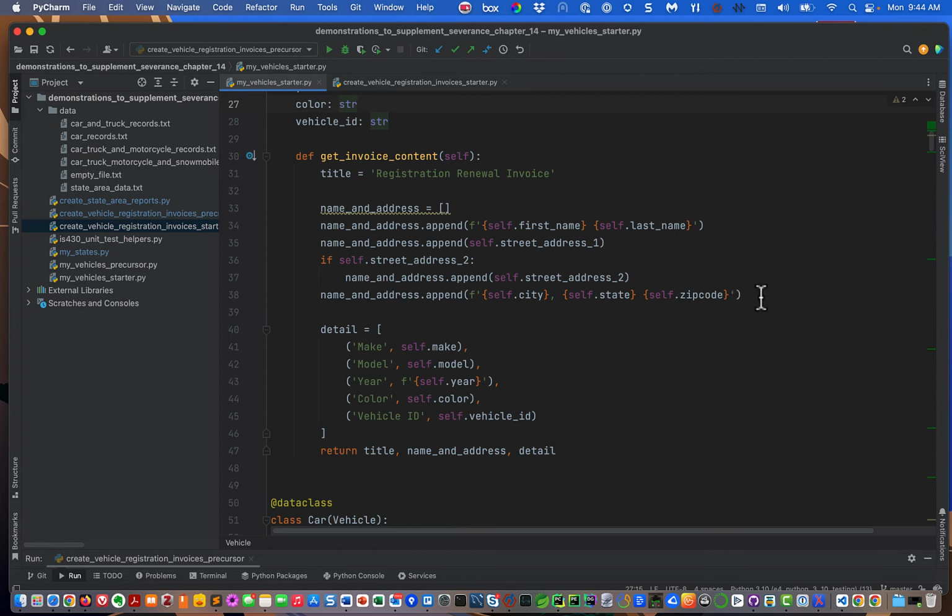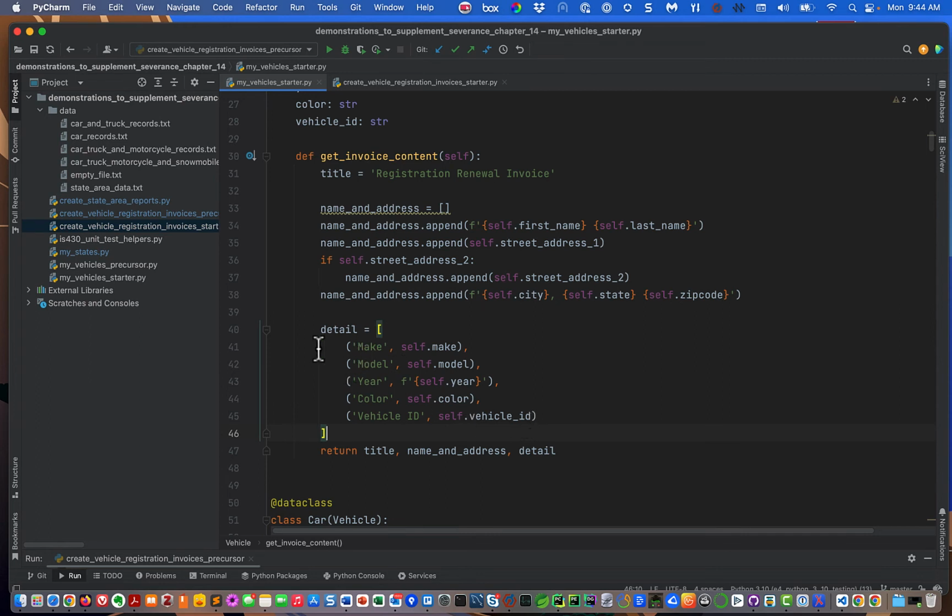So this is not further improved in the implementation for the subclass. And then here in the detail, now what we have here is a list of